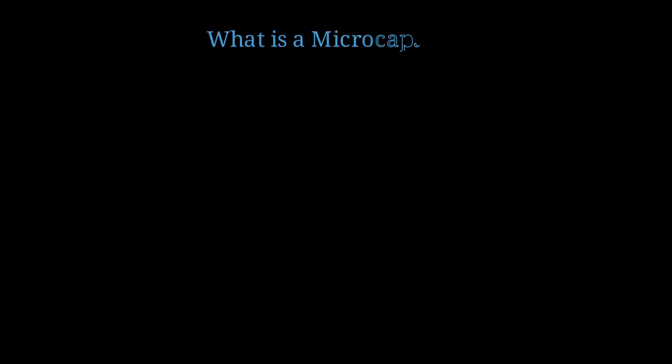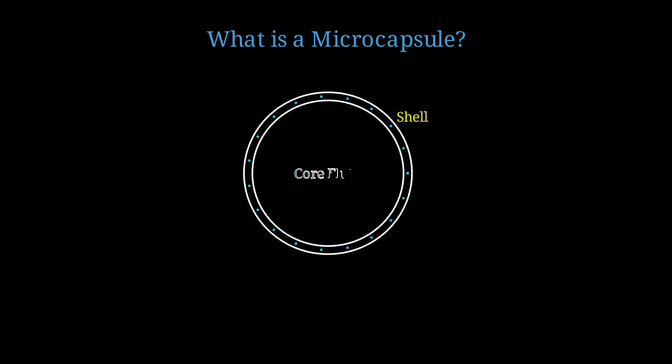Let's begin by understanding what we mean by a microcapsule. A microcapsule is a spherical shell structure, typically ranging from 1 micrometer to 1 millimeter in diameter, consisting of a thin membrane encapsulating a liquid or gas core. Here we see a cross-section of a microcapsule. The shell thickness is h, typically tens to hundreds of nanometers. The radius r is much larger than h, giving us a slenderness ratio h/r that is very small, typically 0.01 to 0.1.